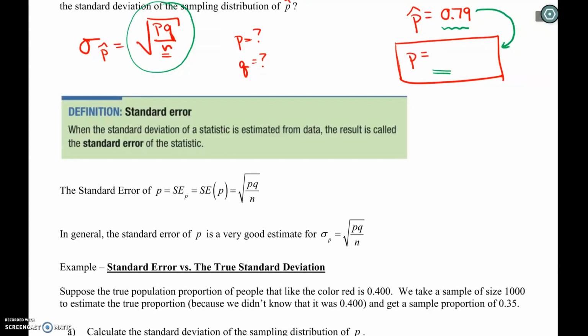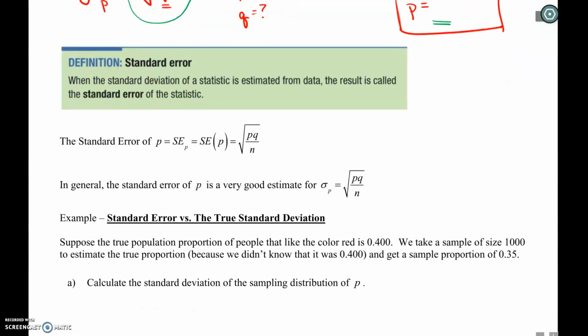This is called the standard error. When the standard deviation of a statistic is estimated from data, because you don't know the population parameter, the result is called the standard error of the statistic. So the standard error of p hat, this is just different ways of writing it, is equal to,